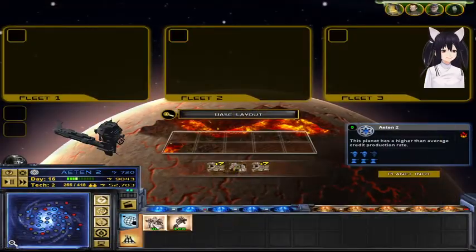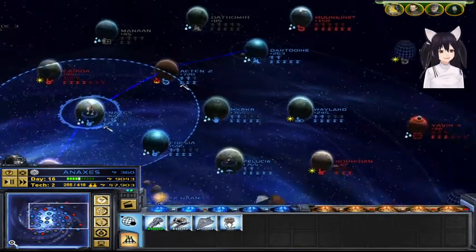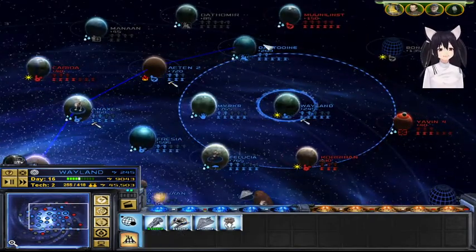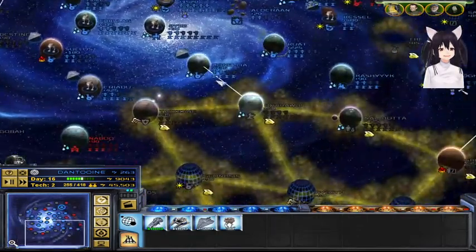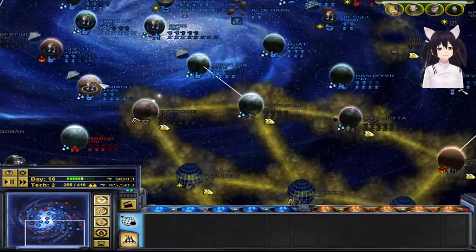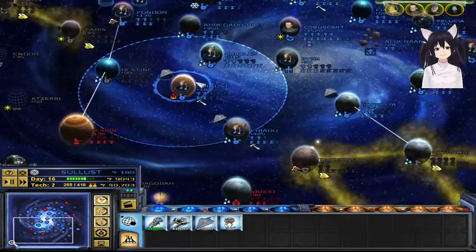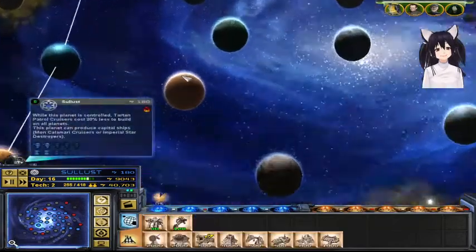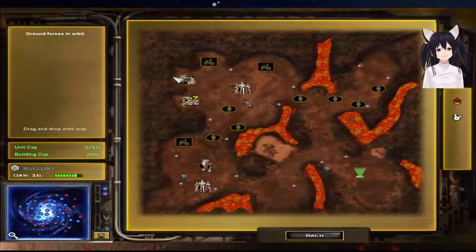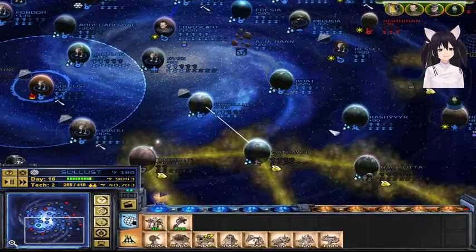That was good. Right, but that has... I have the money, I'm going to actually upgrade any facility that is close to Rebellion. Oh yeah, this can also produce things like Star Destroyers. Since I have the cash...